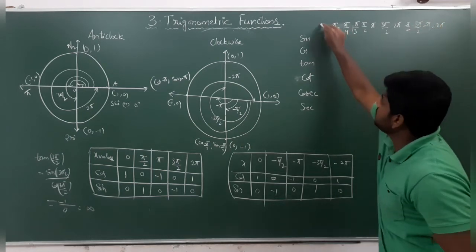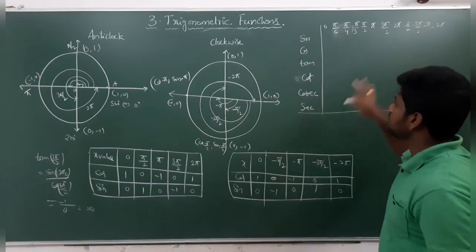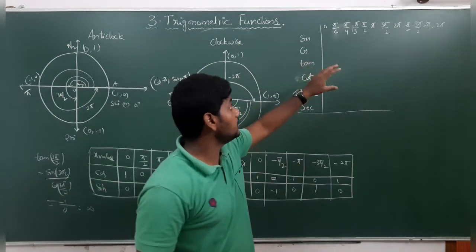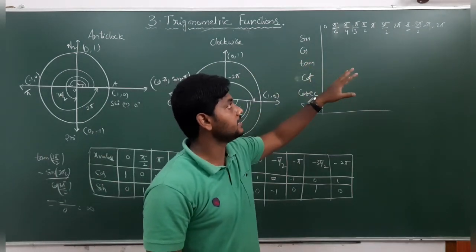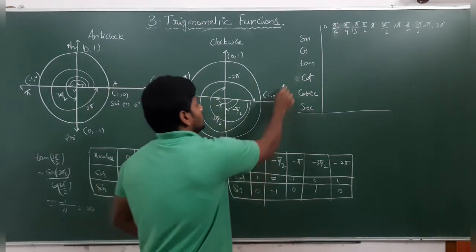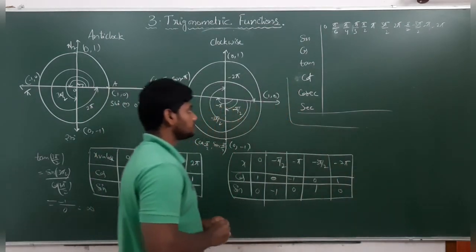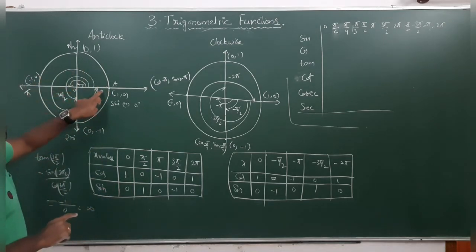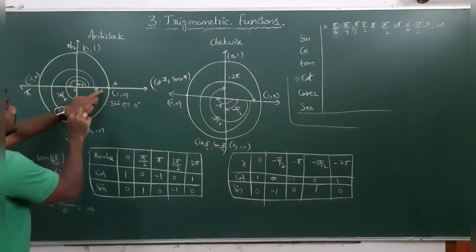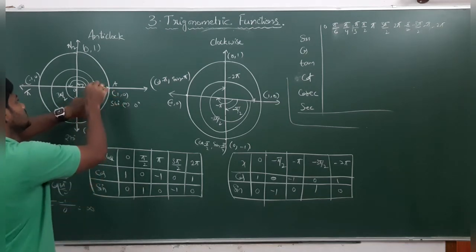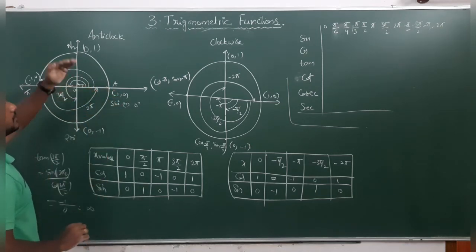So all these values you need to write and submit to me. All positive values, in the anti-clockwise and also the clockwise direction, up to 2 pi, you need to write and submit, right? Before that, if you observe, from 0 to 2 pi is one complete rotation. After 2 pi it comes back to the initial position, right? If it starts again, there is no need to write 2 pi plus.